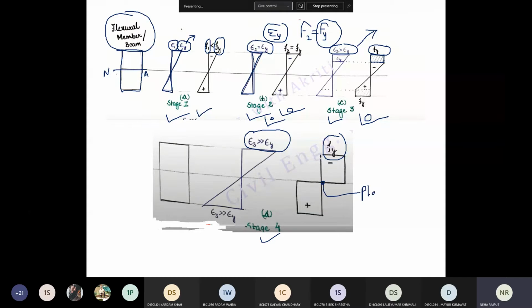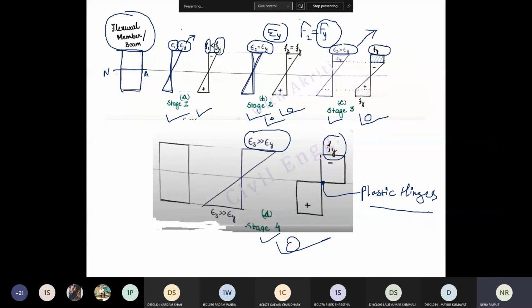Are you aware about this term, plastic hinges? Yes, ma'am. Right. So at stage 4 plastic hinges form. What is the meaning of plastic hinges? After developing the plastic hinges, once you apply the load, it will start rotating.